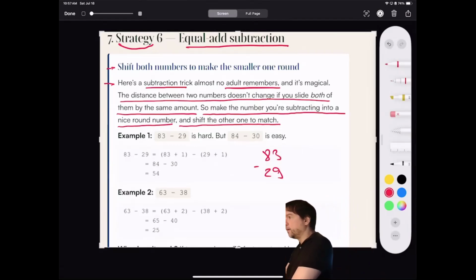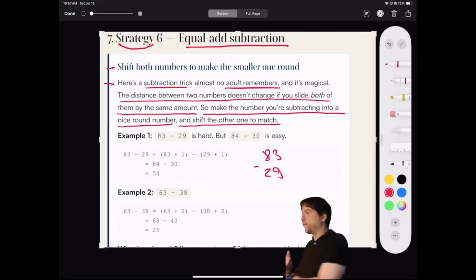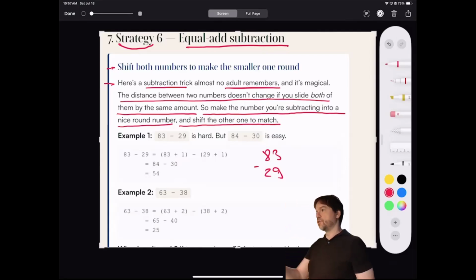When you were born, I had my daughter. My daughter was born when I was 48. Next year, I will be 58 and you'll be 10. Do you agree? How much will we be apart? 58 minus 10, the same 48. Do you agree? So our distance will never change. We can play with that. Look,